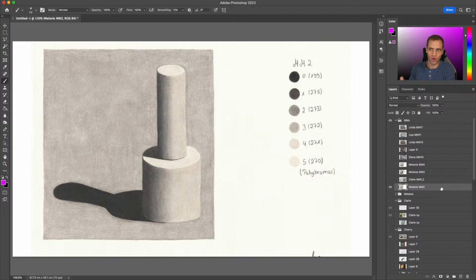So for those of you that are doing the monthly masteries, this is like the ideal look. Now, take into account this is monthly mastery 2. So at this stage, we were not doing reflections, we were not doing highlights, and we were not doing gradients of the cast shadows. Those things come later on in the monthly masteries, but for monthly mastery 2, this is ideally what I was